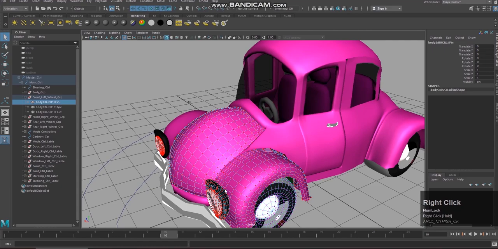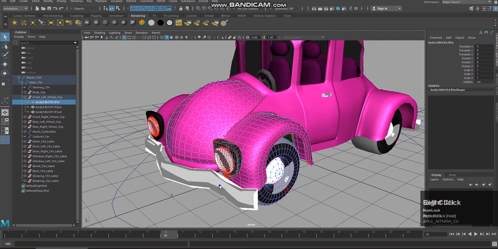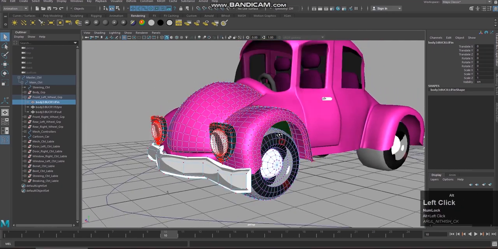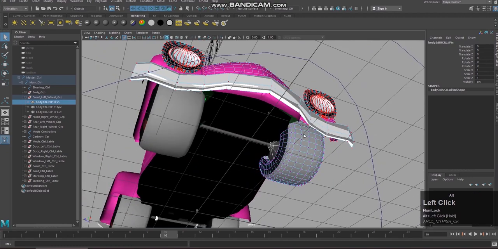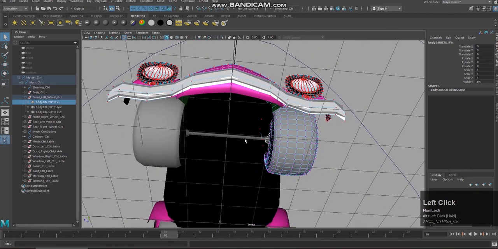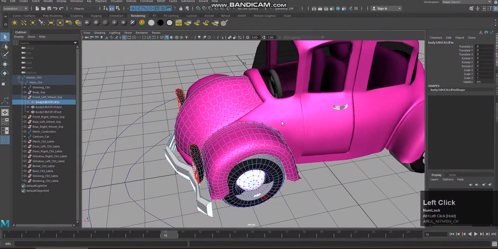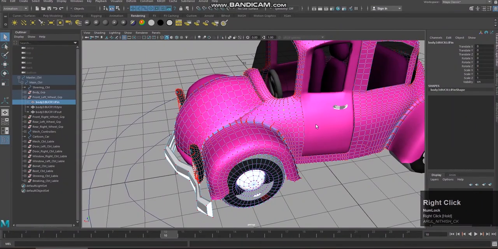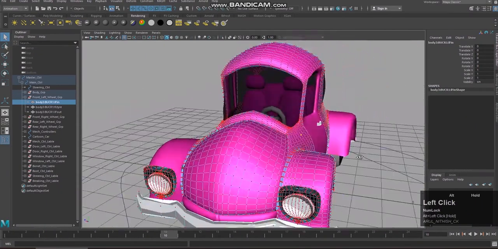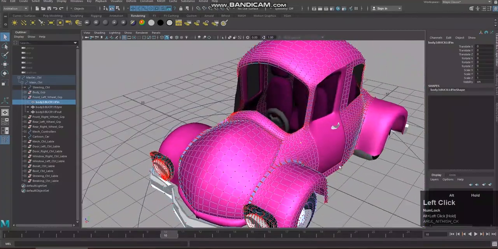Simply right click on this and go to vertex mode. Select this, vertex mode. So select the body, go to vertex mode. I think there's no need to select the door. Okay, we will stop with this area.